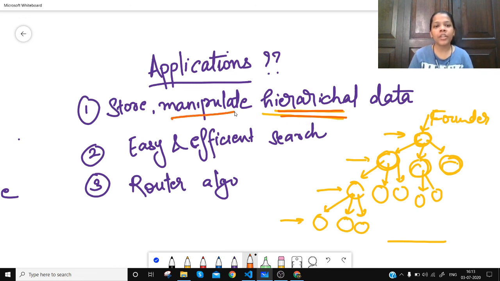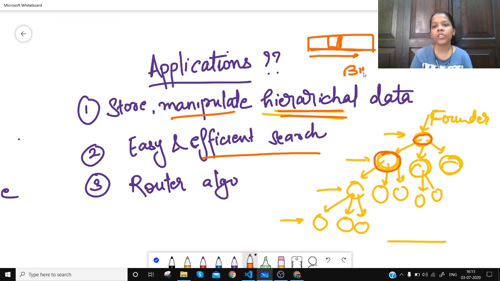So a tree helps us cater to the need of having a hierarchical data structure. Then we can easily manipulate the elements if they're stored in a tree form. And then we have efficient searching algorithms for trees. Till now we would have studied arrays, where we had to do a sequential search, or a binary search in case we had a sorted array.